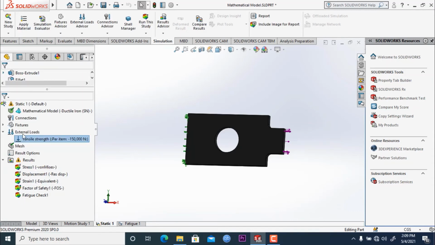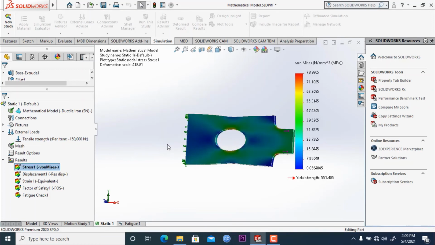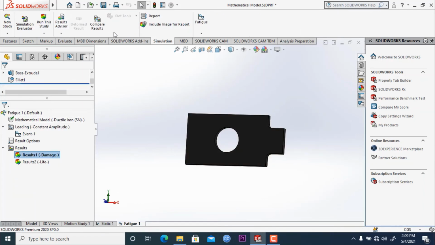Let's click OK and run this study again. So the fatigue analysis totally depends on the static analysis. As you can see, the amount of load you apply determines the result you will see in the static analysis, and we will run this study again.